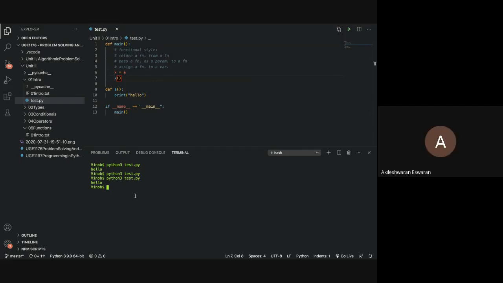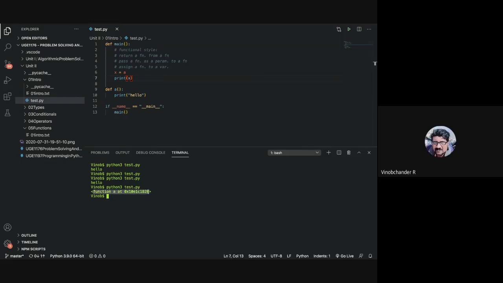Sir, instead of line 7, if you print x, will the output be none, sir? Yeah, if you print x without line 7, without the call. Because it is just an object definition, right? Will it be none?